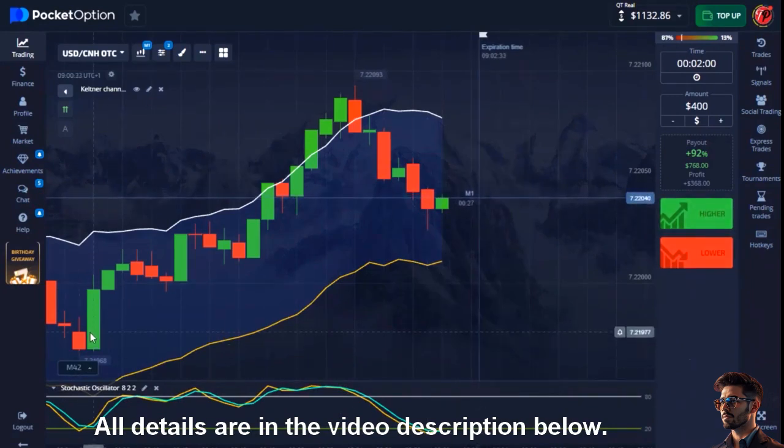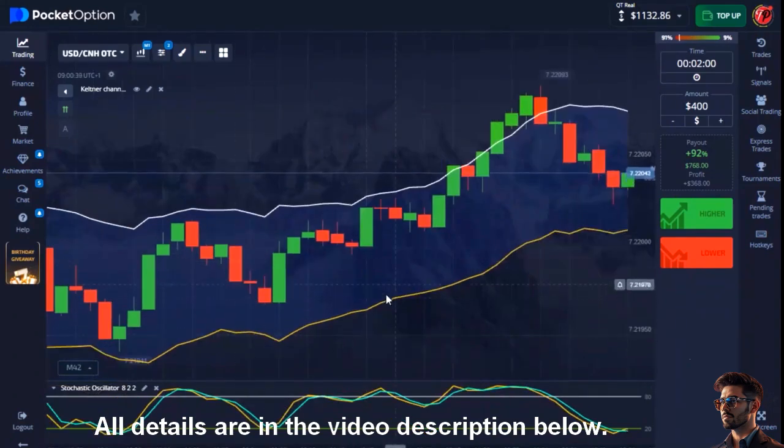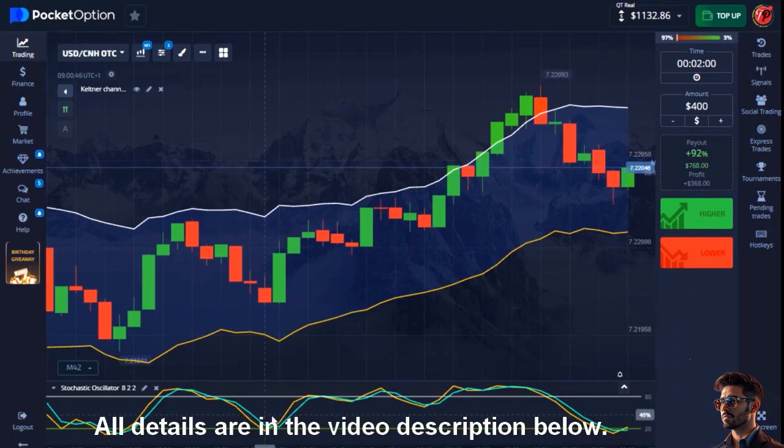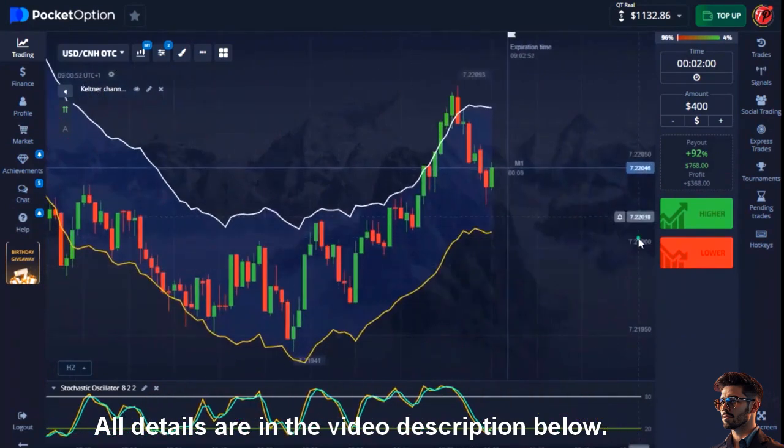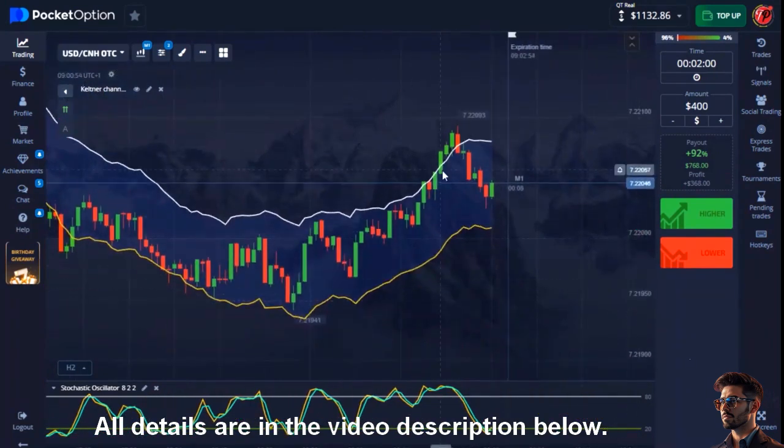Make sure you have a candlestick, a strong candlestick. That's the number one thing. The second thing, make sure that you have it very close to the down line of the Keltner channel. Make sure that your stochastic oscillator both lines intersect in a very strong oversold position, and the both lines are actually heading up in the trend. Alright, it's a very simple strategy, and this is very, very profitable on 2 minutes. Don't forget